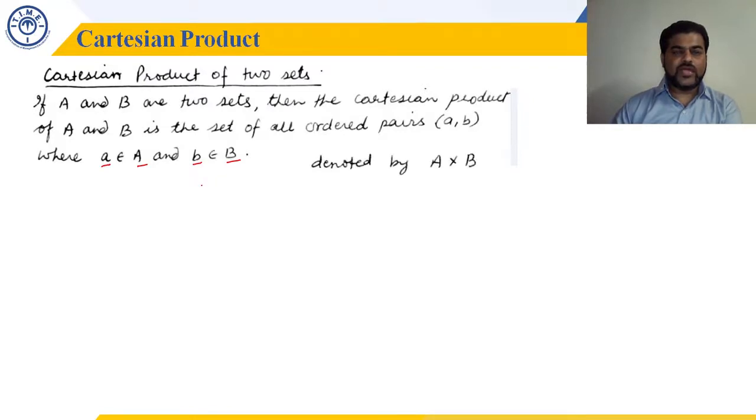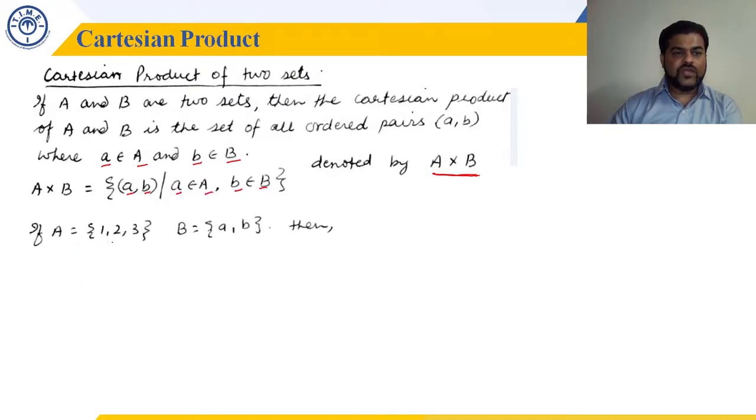So the set of all such ordered pairs is known as the Cartesian product. It is denoted by A cross B. It is read as A cross B. It is not A multiplied with B. So A cross B is the set of (a, b) such that small a belongs to A, small b belongs to B. So if A is, let's say, {1, 2, 3} and B is {a, b},